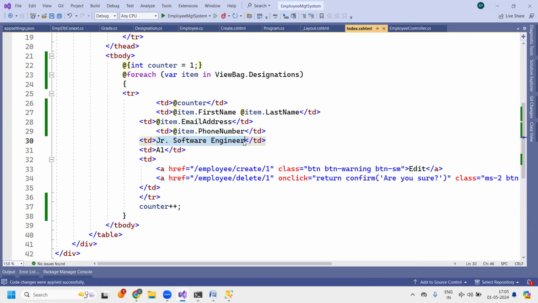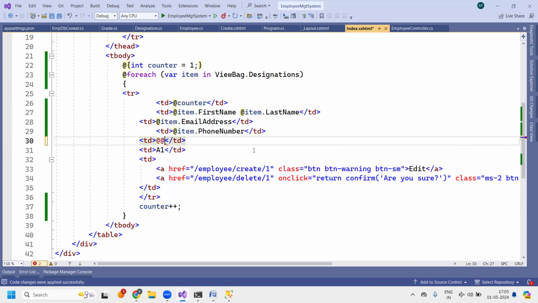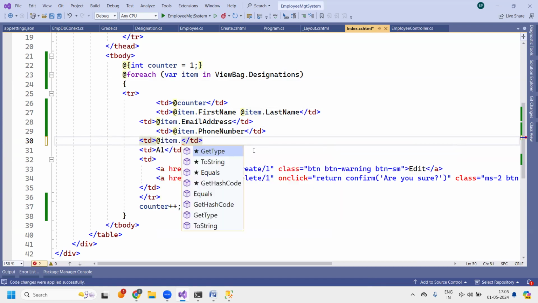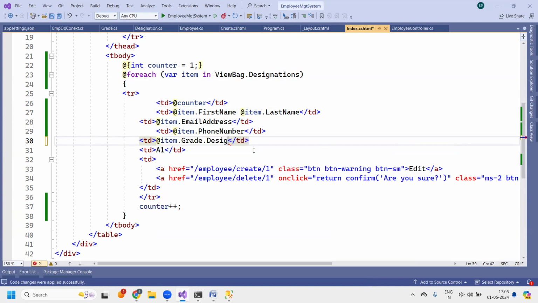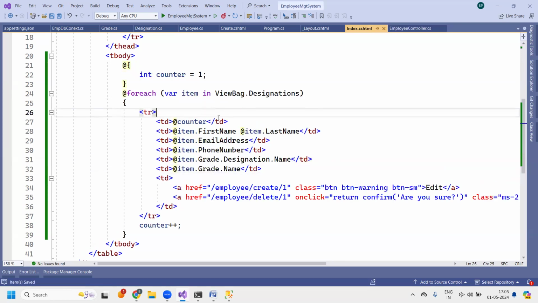here grade name, right? So grade name, how we can get, sorry, designation name, how we can get it, item dot grade dot designation dot name. Okay, I will tell you why this must be so complex or nested, we need to do here, grade name. So you can see, I'm done. So you can see